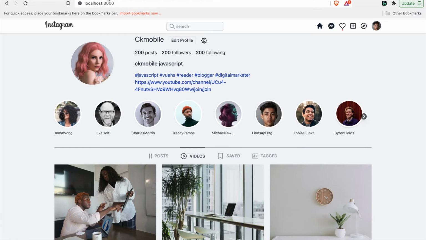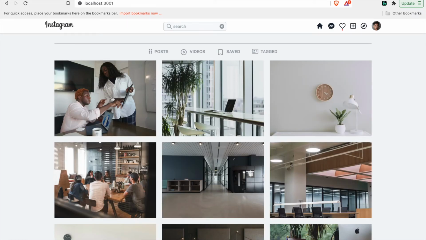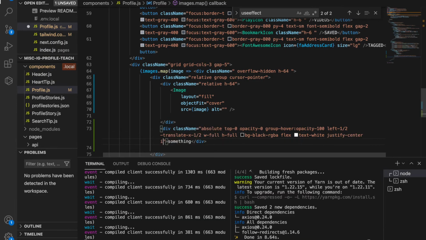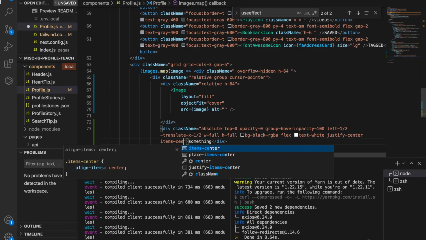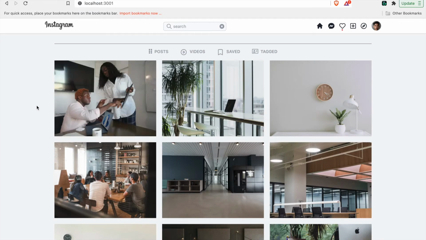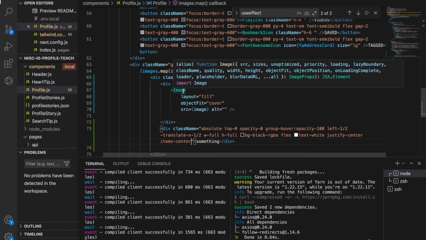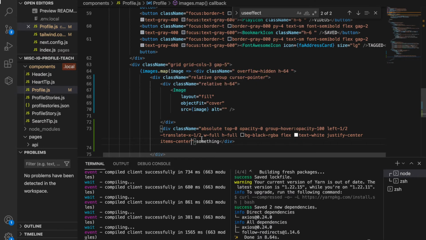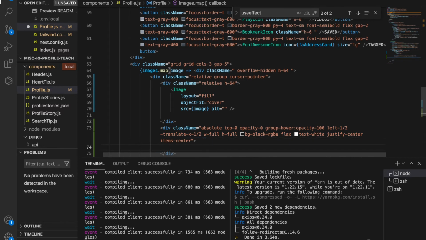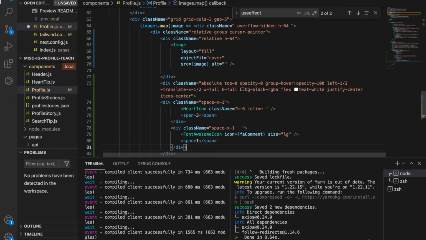and then we go back to our web page, and when we mouse over it, you can see that something already appeared, and there is also a semi-transparent black color, and we should also add the items center. So now when the mouse is over it, it will be at the center of the div. Now we want to add the icons and also the number to replace this text. So we paste on this,